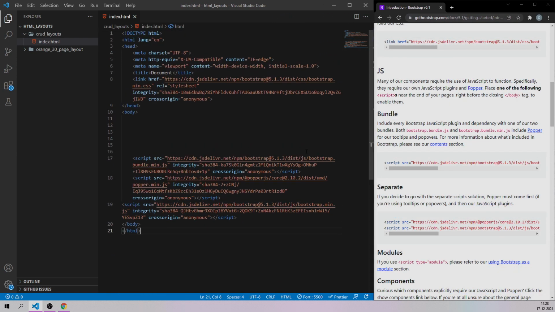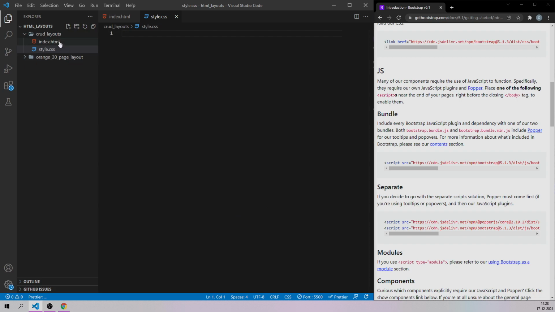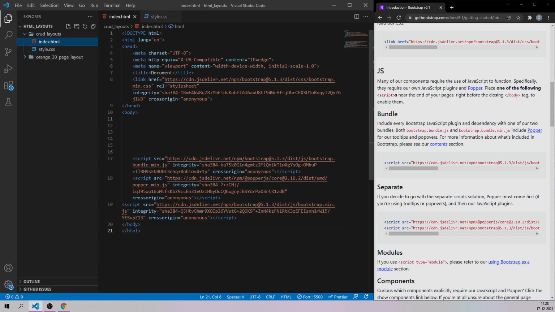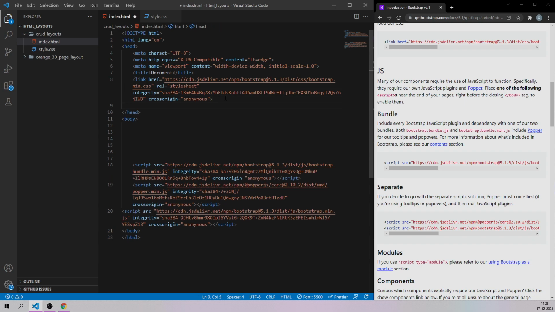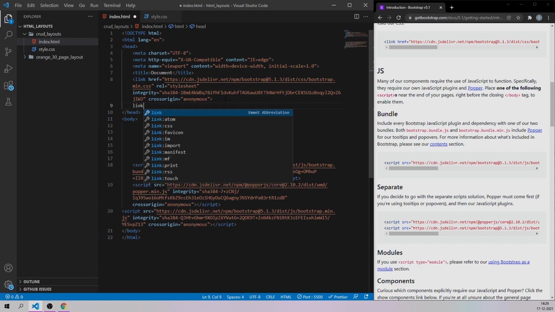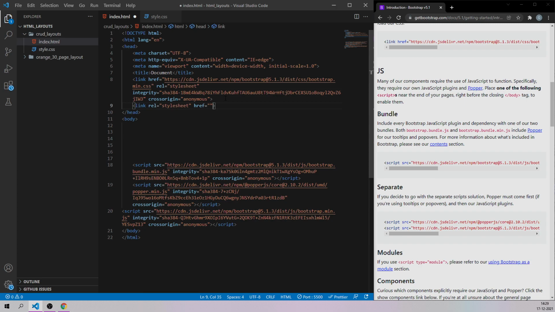So let me just increase the size a little bit, and you'll be able to see much more properly. Okay, now let me go to this folder, create a separate file called style.css. Okay, and let's come back to the index.html, and inside the head tag itself of the HTML page, we are going to link that CSS file using the link tag. Okay, it will say rel equal to stylesheet and href.